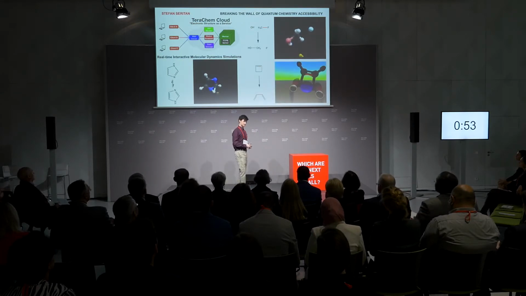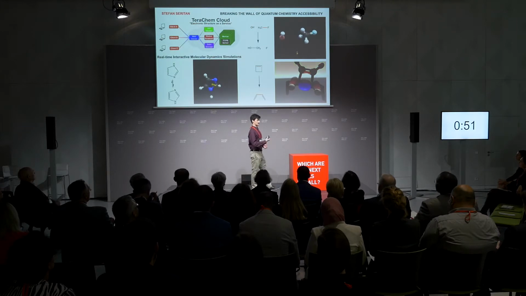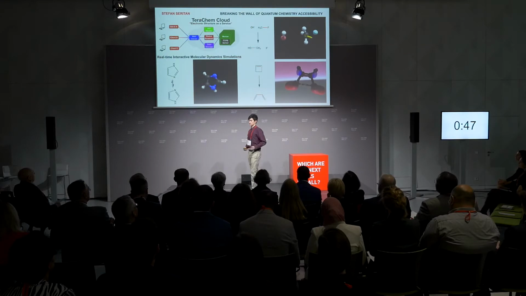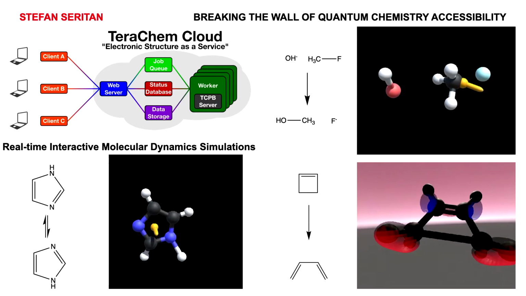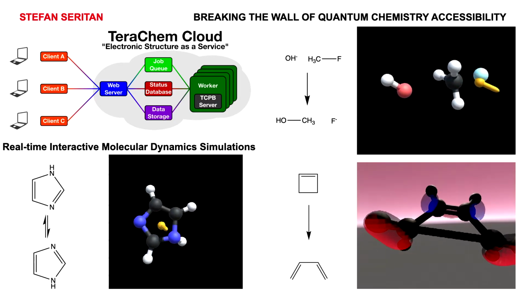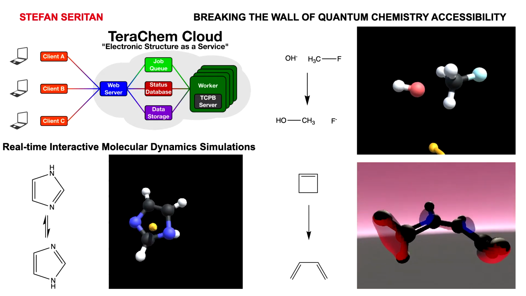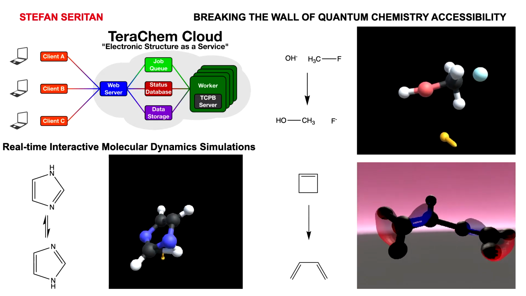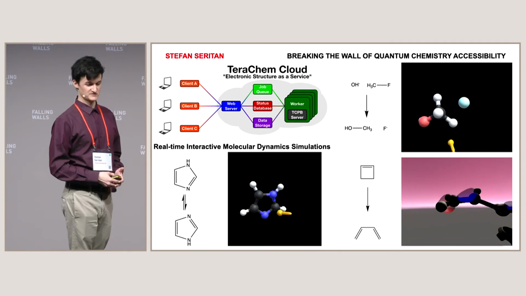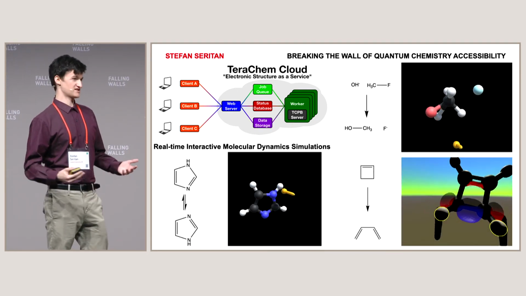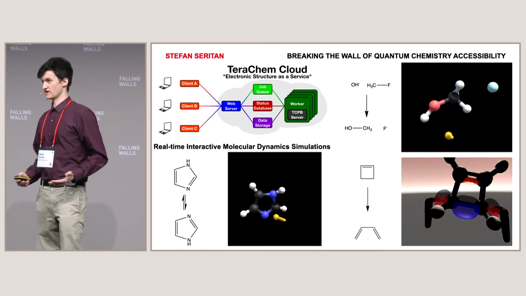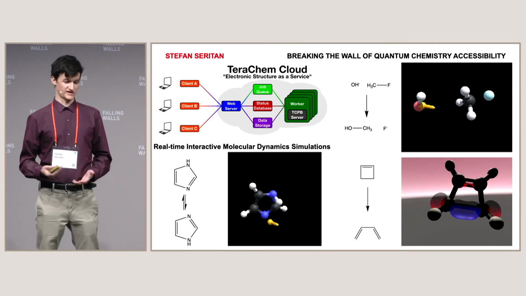And recently, we've also been using virtual reality and showing molecular orbitals as a way to show what the electrons are doing in real time so that we can finally start to get an intuitive understanding of what is happening without having to be an expert computer user or learning all the math and physics behind this. And I hope this will lead to the gamification and democratization of quantum chemistry, and that's how I'm breaking the wall